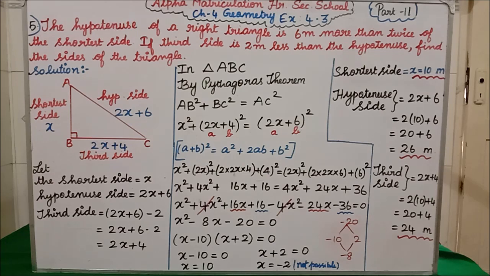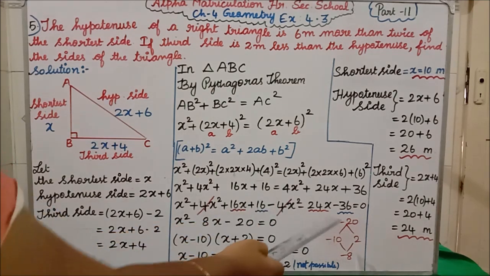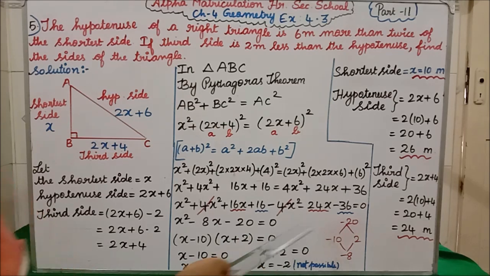Clear? Next after x square what has to come? The x term. So here you see where we have the x term. Here 16x we have, here minus 24x we have. So we have minus 24 plus 16, which means what we have to do now? We have to subtract. 24 minus 16 is what? 8. After subtracting, among the two numbers which is the greater number? 24. For that we have the minus sign, so you have to write minus 8x.